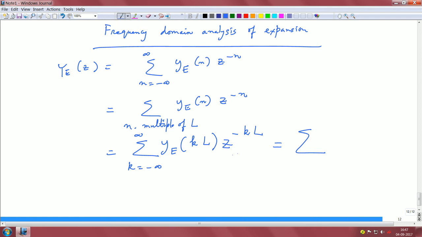We here do not have any such thing because it is sort of clean, and you can just say this is basically k equals minus infinity to plus infinity, Ye of kL is now